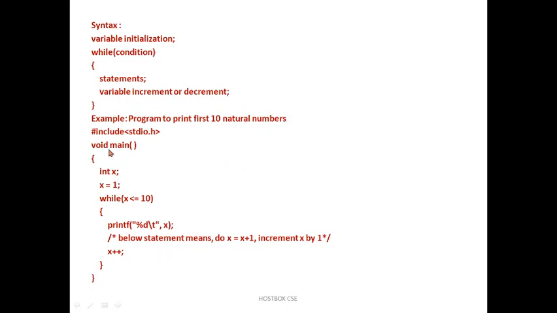If you want to print natural numbers, you can write a simple C program. Start with void main. Then I am initializing int x, then x = 1, starting from natural number 1. Then I give the condition while x <= 10, then printf("%d\t", x), then x++. So what happens automatically: the first time the loop executes, it goes on until it reaches the condition where x is 10. It will increment by 1, then 2, then 3 and so on. Whenever the x value reaches 10, it will stop the execution.